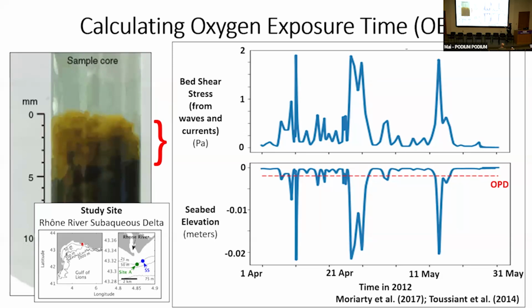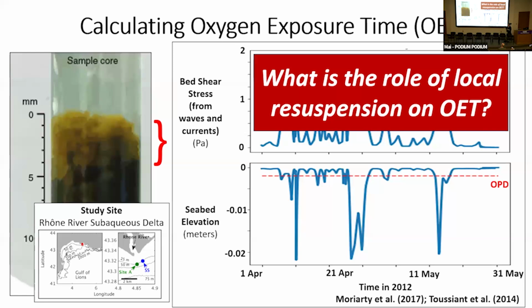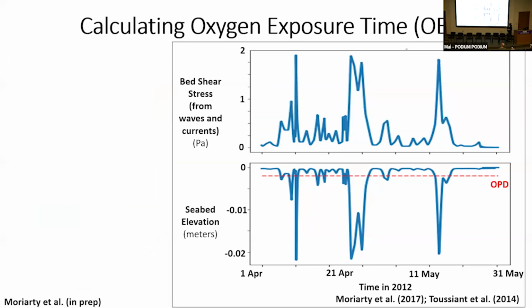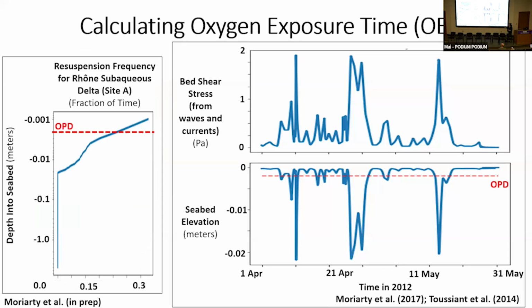And so how can we account for this? And what is the role of resuspension on oxygen exposure time? Does it add 5%? Does it add 200% to our estimates? In order to do this, I'm taking these time series of seabed elevation and translating that. So we look at each vertical layer of the seabed, and how frequently the material in that layer is suspended. And so we get a profile that looks like this, with the x-axis being the resuspension frequency, and then